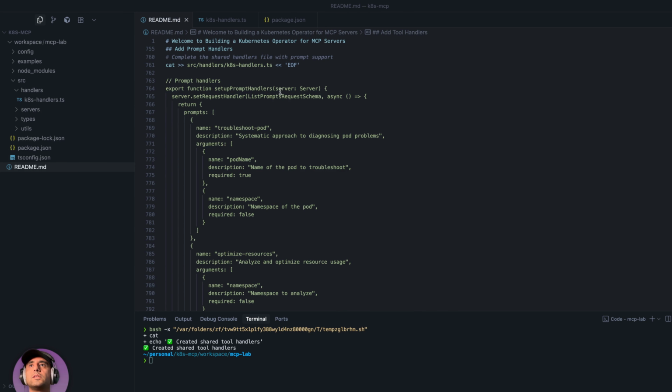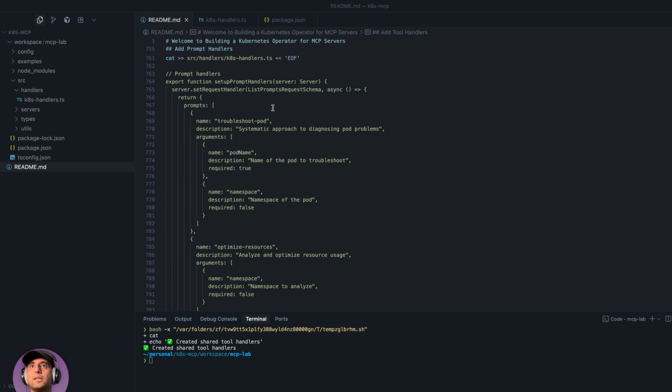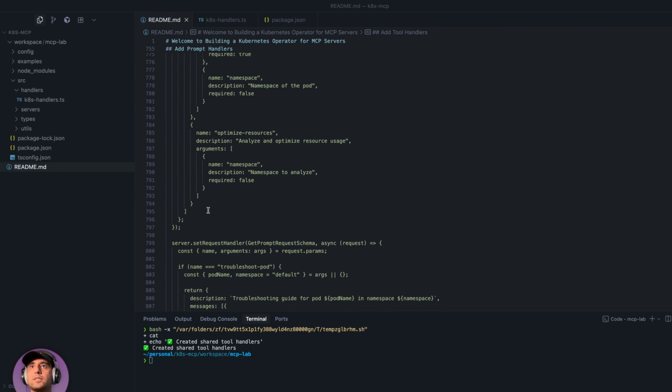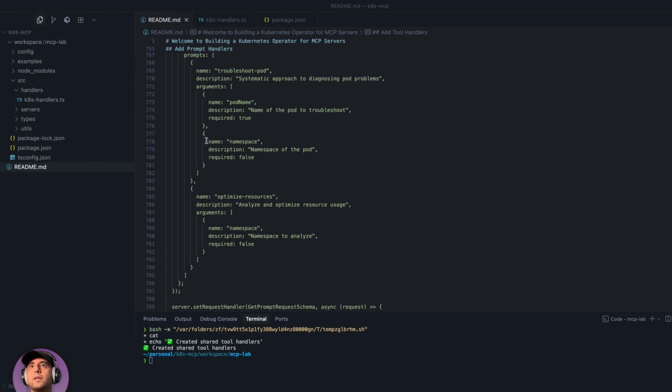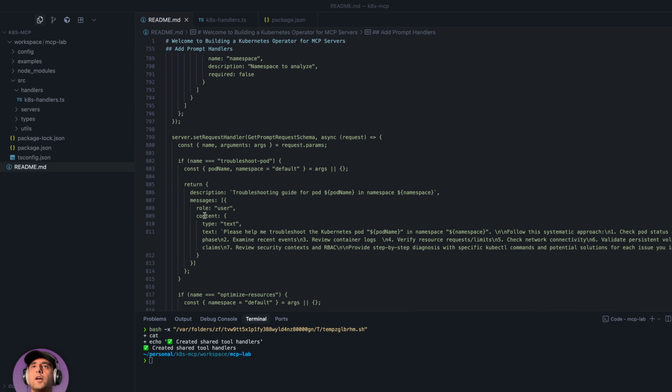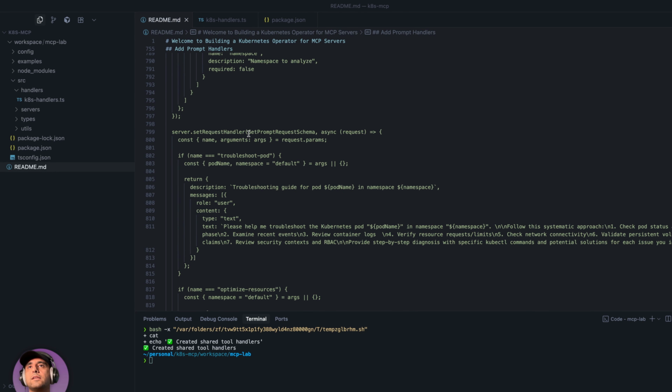So now let's talk about the prompt handlers. Very similar. The AI application should be able to list the existing prompts supported by the MCP server. The MCP server tells the AI application that it is capable of troubleshooting pods or optimizing resources and returns the proper metadata. And most importantly, it tells the AI application the arguments that are needed for each prompt. And if the AI application actually decides to use those prompts, the request will come in with the get prompt request schema. And for example, for